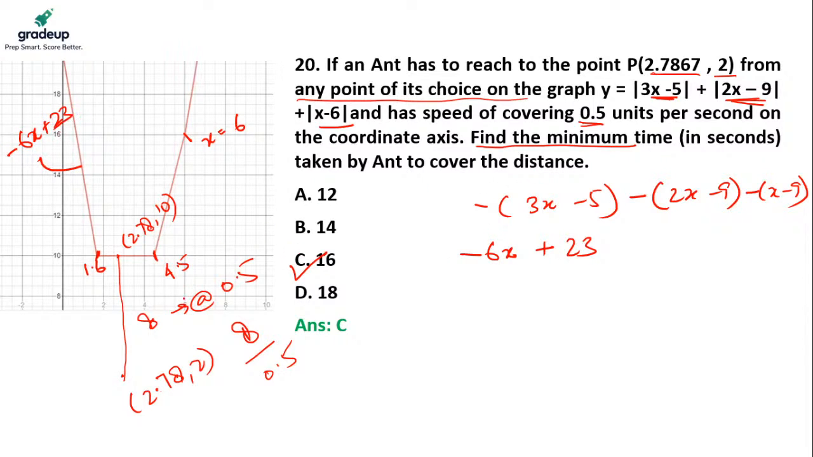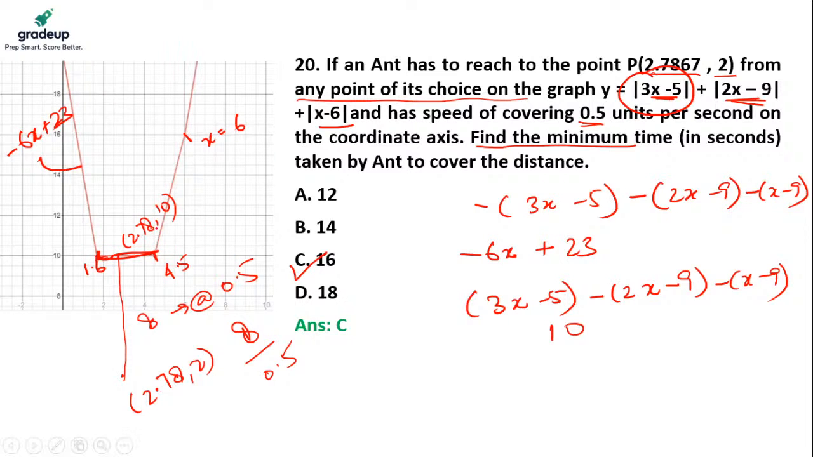The minute x crosses 1.6, this number will become positive, and this first part will become 3x minus 5, but the other two numbers will remain 2x minus 9 and x minus 9, which will give me 10, a straight function. So in between 1.6 and 4.5, my function will remain 10. Beyond 4.5,